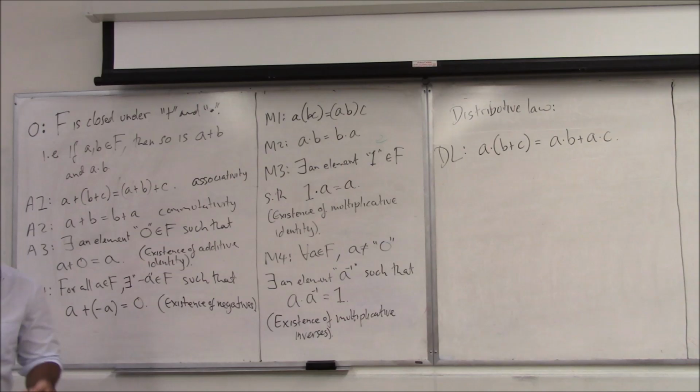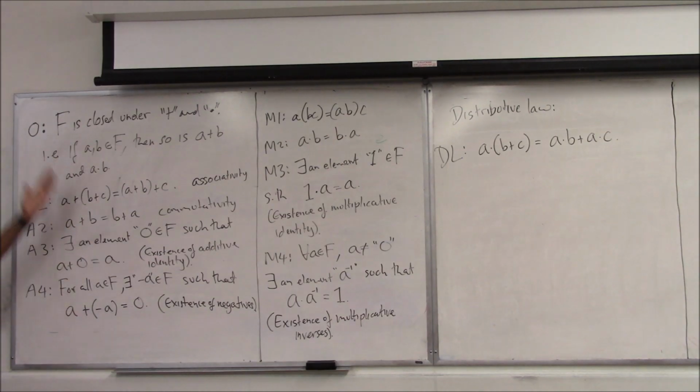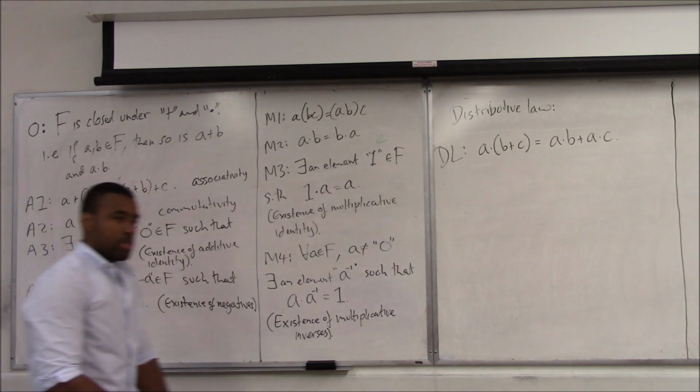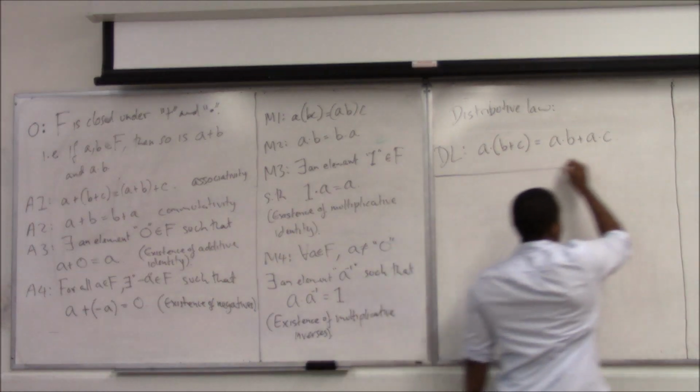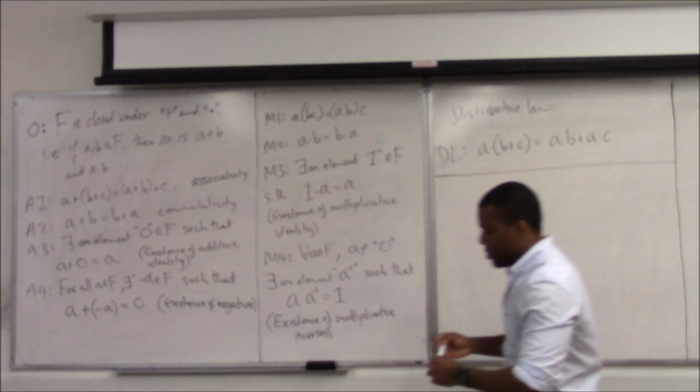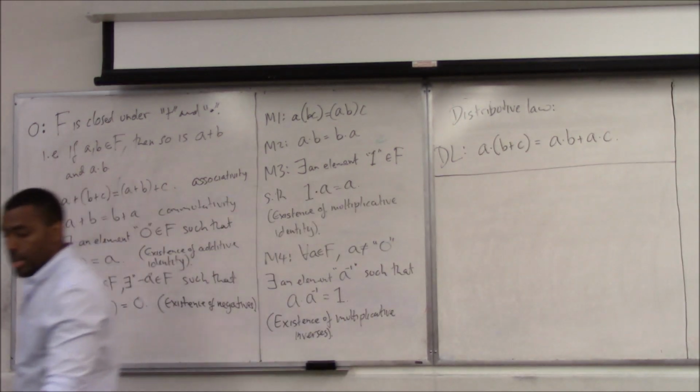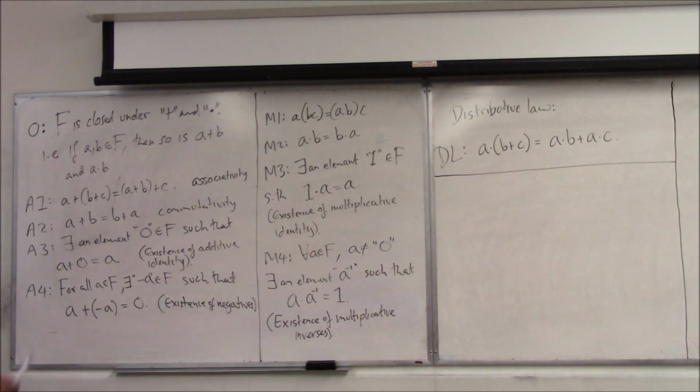Now these are the field axioms, meaning these are things we will take without proof. We will assume there exist sets that have this behavior. We know that there are sets that have this behavior because the real numbers, for example, have this behavior. And the axioms, remember what axioms are. These are really statements that should be simple and obvious enough so that we can take them without proof because